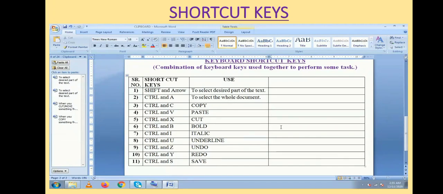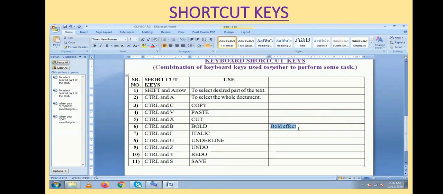Control and B. Control and B gives bold effect to your text. Bold effect means the fonts will be thicker. You can see in this example what it means.